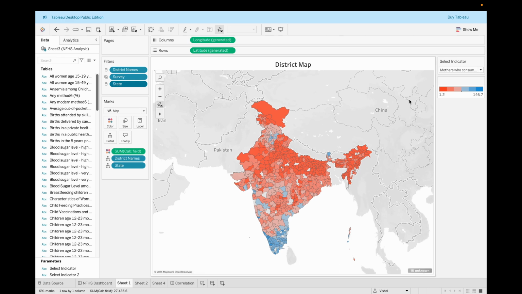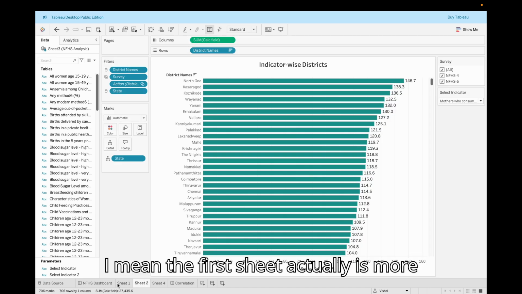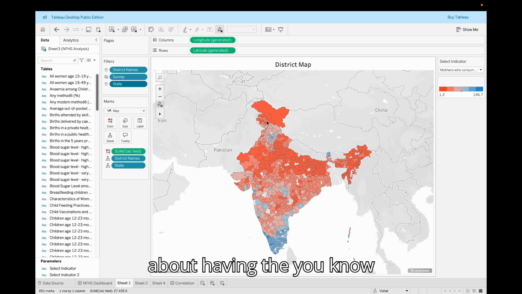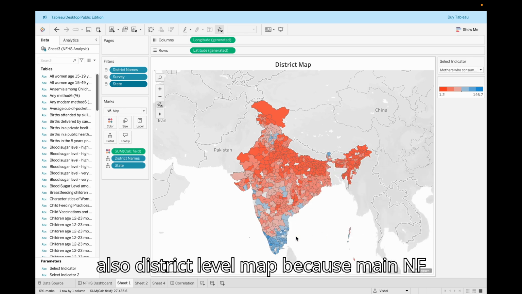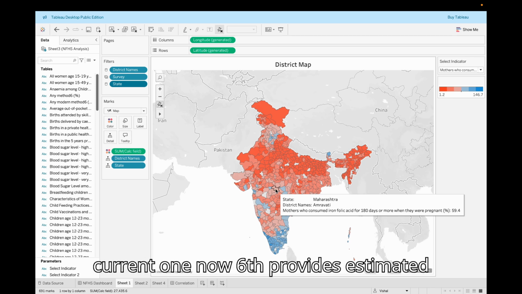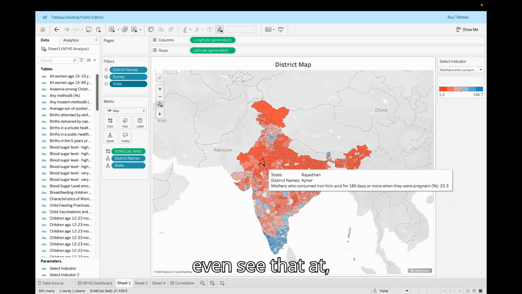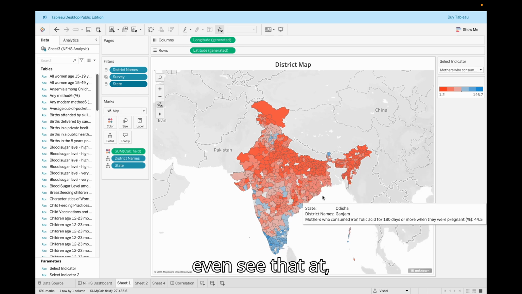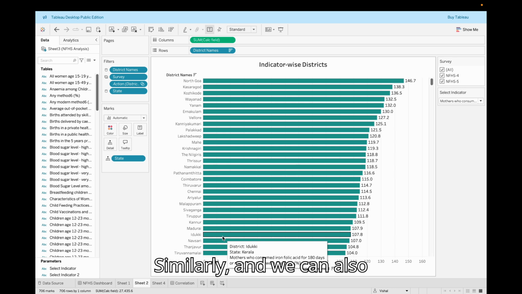So this is one such visualization. In the other one, the first sheet is more about having the map, which is at the overall India level, state level, and also district level. Because both rounds, NFHS4 and 5, and the current sixth round provide district level estimates, we can see that at district level as well. Similarly, we can also